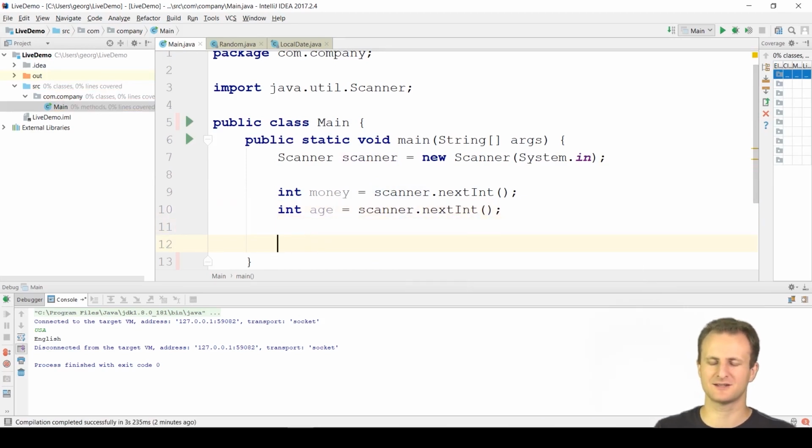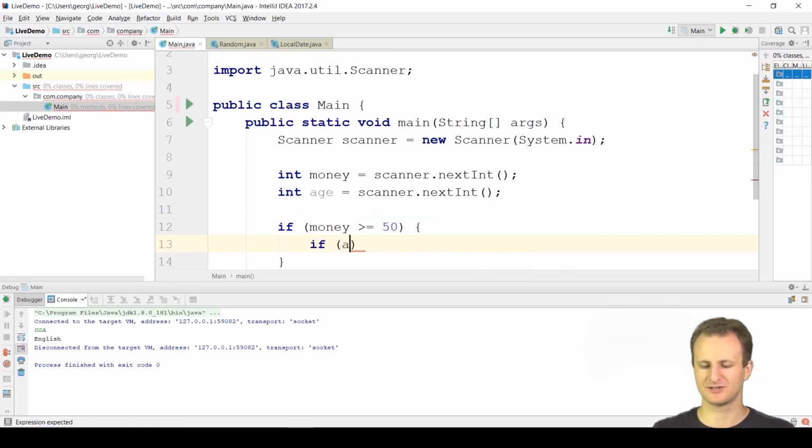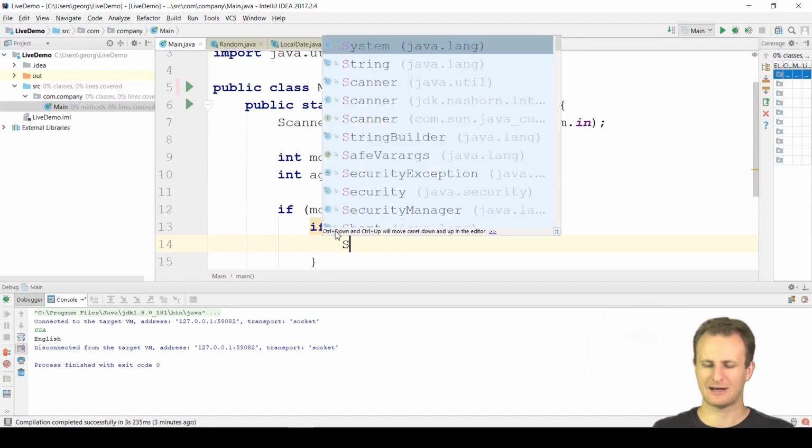And what is my task? My task is to determine whether this person can buy a drink which has a price of, let's say, 50. We don't say what. Let's just say 50. Okay, $50, for example. Okay, so the price of my drink is 50. And the age needs to be larger than or equal to 18 for the person to be able to buy a drink. So if I don't have the logical operators, how would I do that? Well, I'd say if money is larger than or equal to 50, if the person has enough money, and then if the person has enough age, if they are legal age, then I'll print